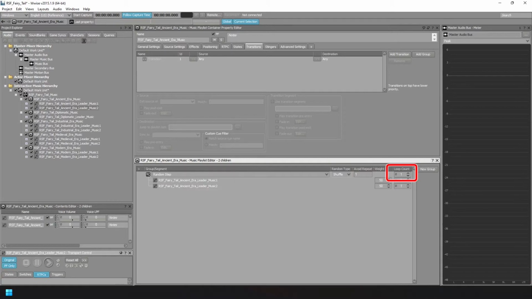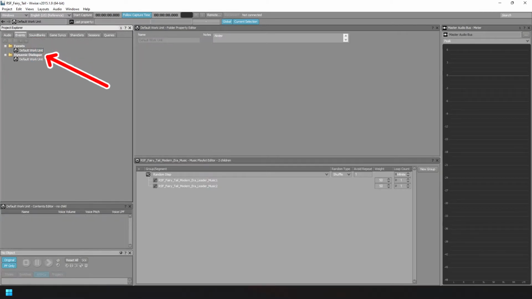Click on the lower arrow next to this one in the loop count. It will set a playlist to loop infinitely. You don't need to change anything about the music segments. You can assign a higher weight value to a segment you want to give a higher chance to be played. Leaving them all at 50 gives all segments an equal chance to be played. Keep loop on 1 unless you want the song to be played more than once when it is selected to be played. Do this for all your playlists.